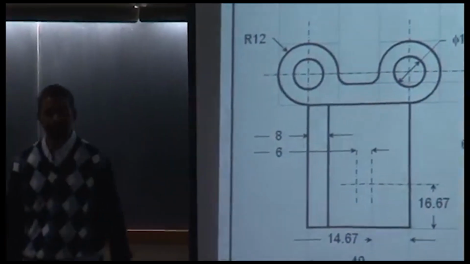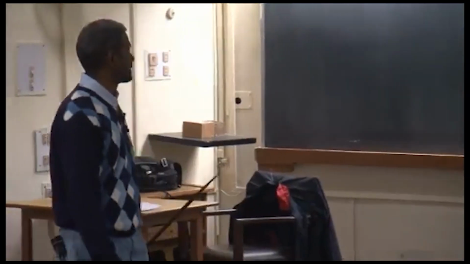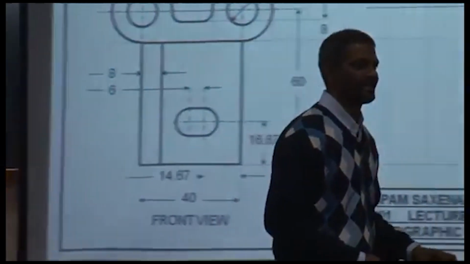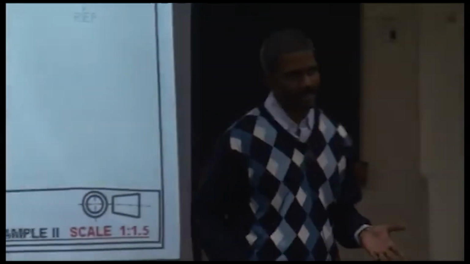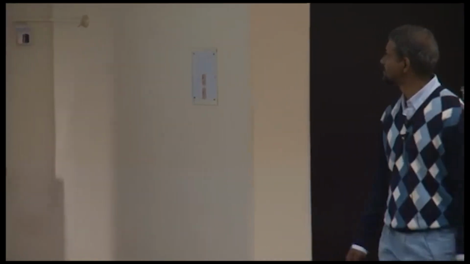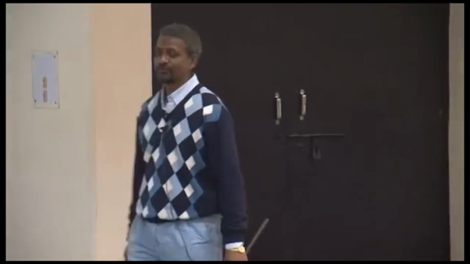How I located the two centers properly? One here, one here? Yes or no? Okay. Draw two semicircles. Join them by two straight lines, and you have what? You have a void which looks almost like an ellipse, but it's not an ellipse. Okay? It's a slot. Am I done? What am I left with?